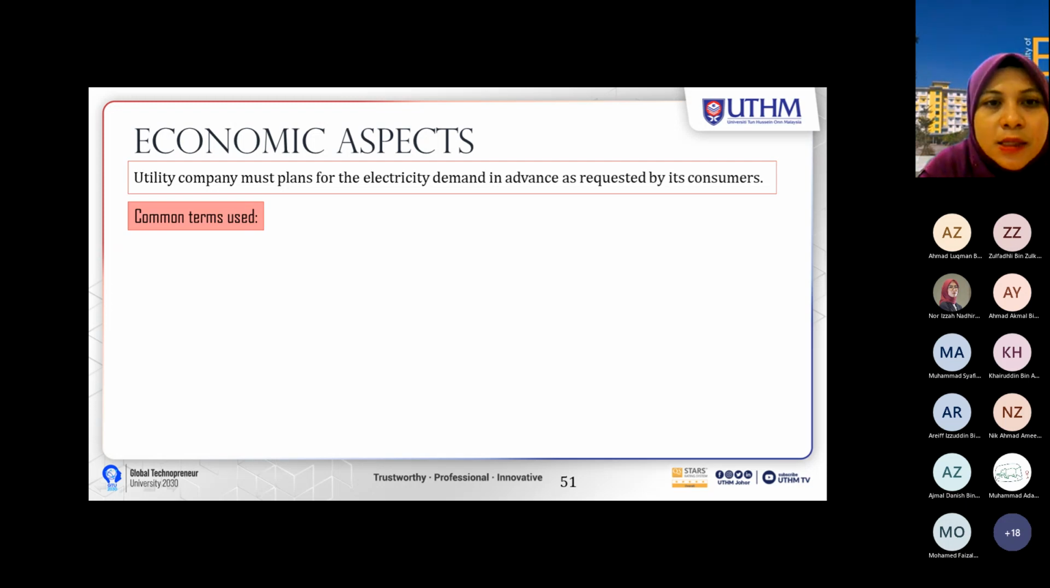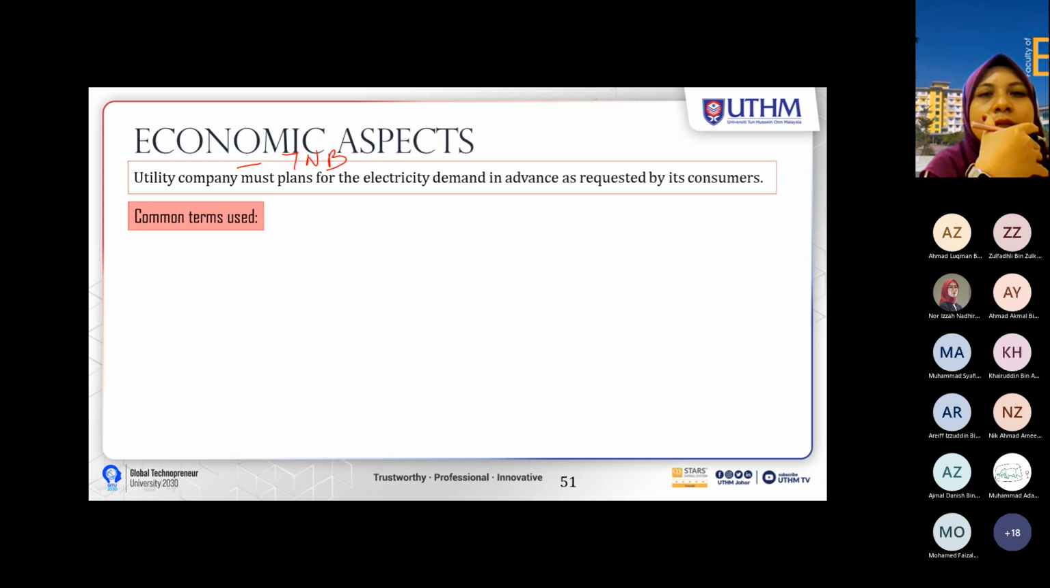the utility company must plan for the electricity demand in advance, as requested by its consumers. Of course, when we want to provide electricity to the consumer, the electric utility company, usually TNB, must build a system and plan how to fulfill the consumer's requirement, but must take into account the economically viable aspect, because